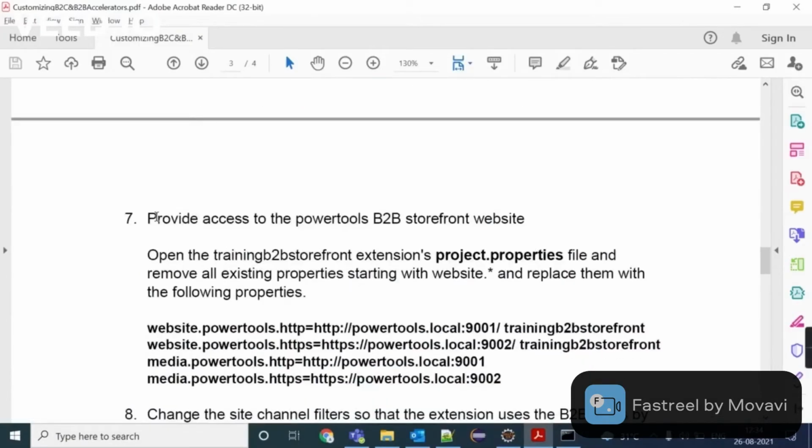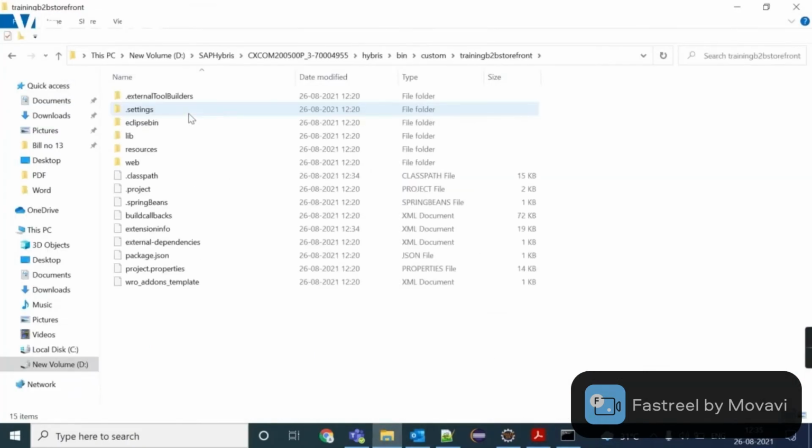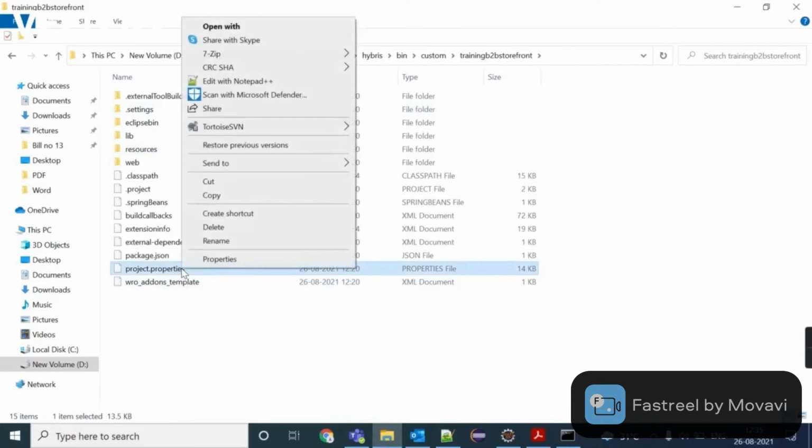Okay, so next step is provide access to Power Tools B2B storefront website. So first open training B2B storefront extension and open project.properties file and remove all existing properties starting with website. Okay, let's go to training B2B storefront, open project.properties file.